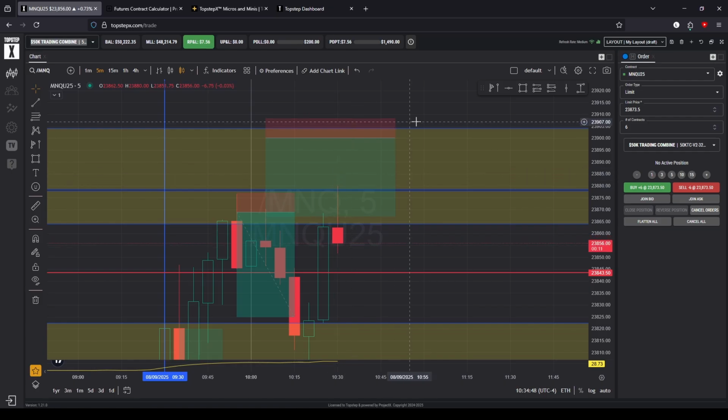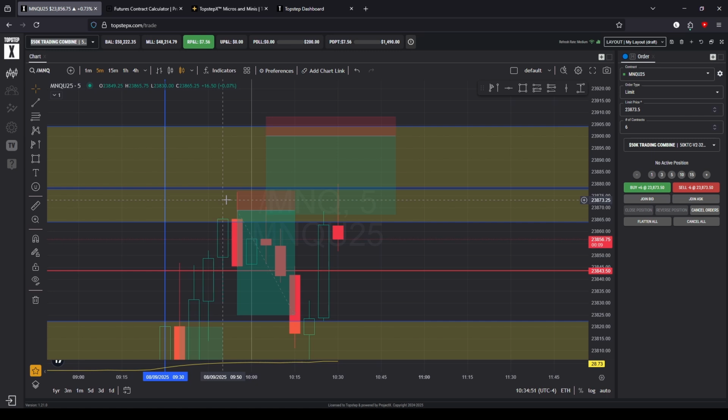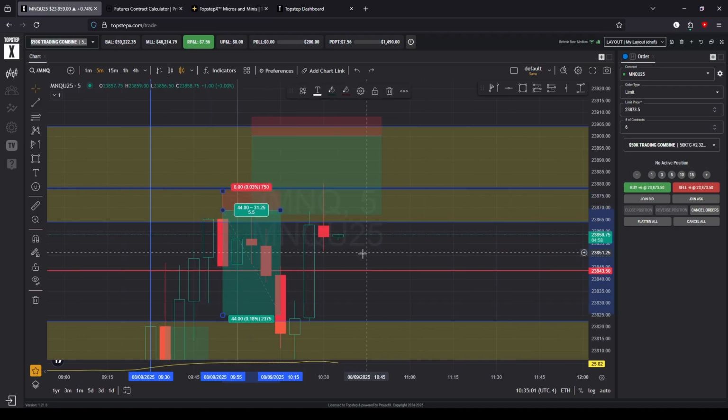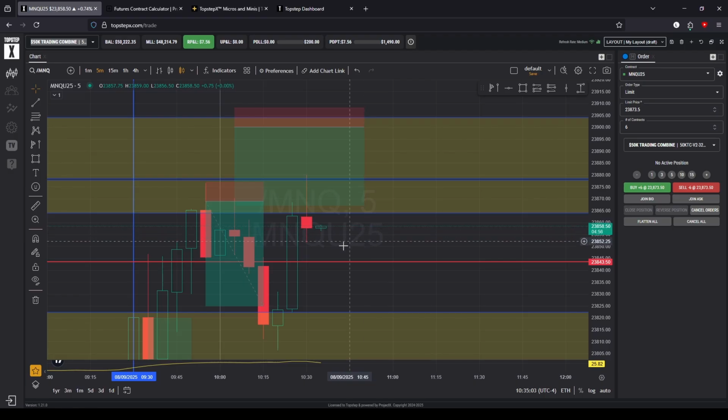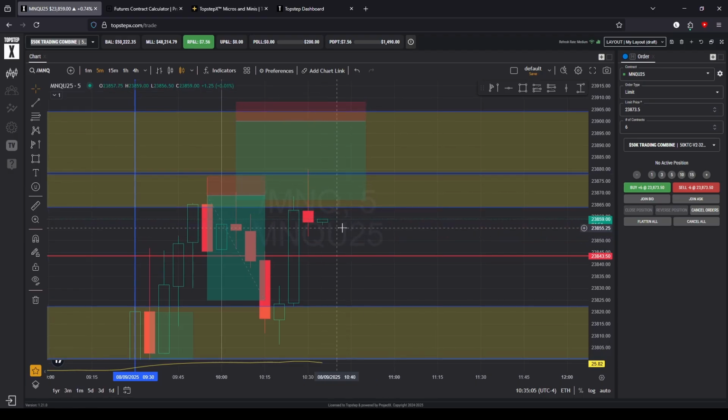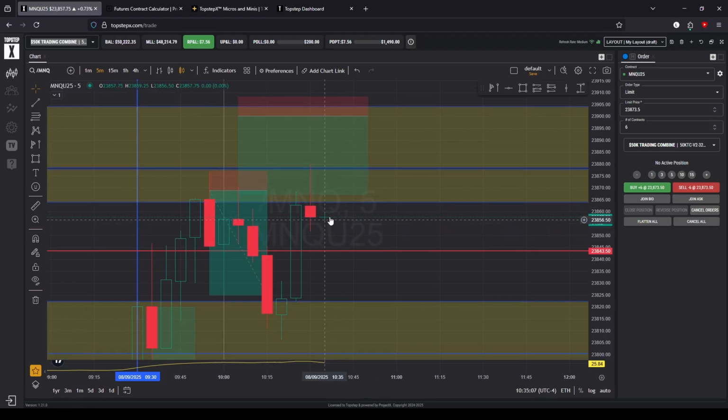because it was tested a few times. We had one test here, it might have been tested here as well, but this thing is blocking it. So strong rejection. I'm thinking this candle will probably keep going up,